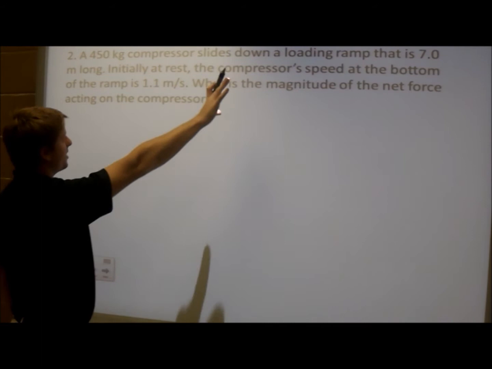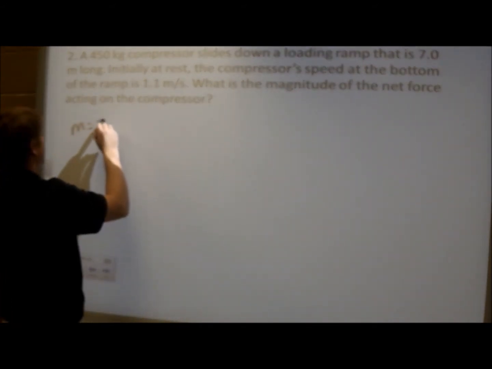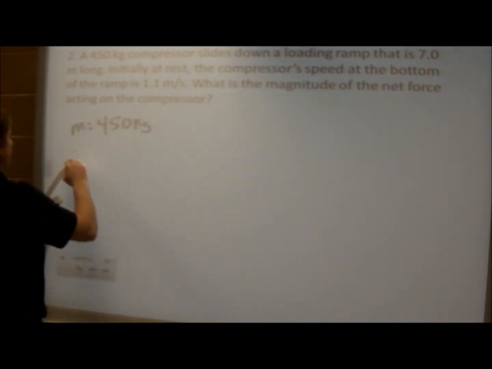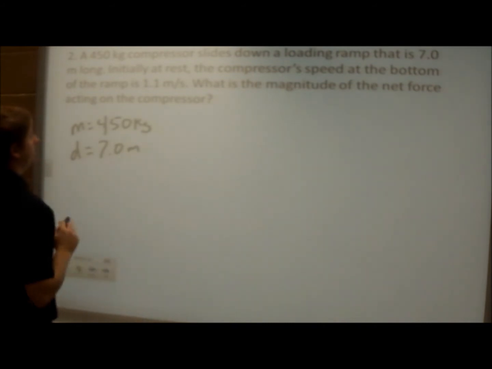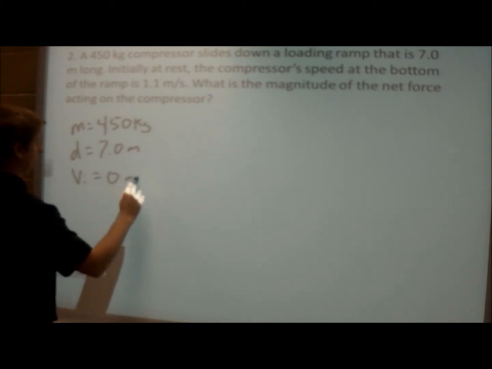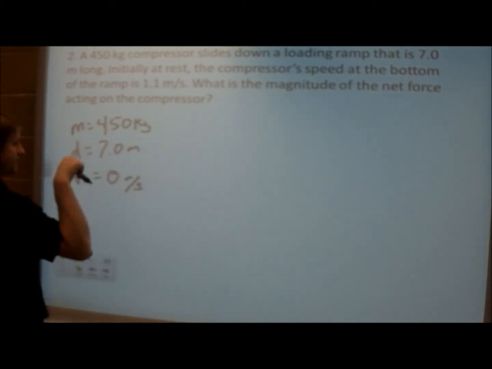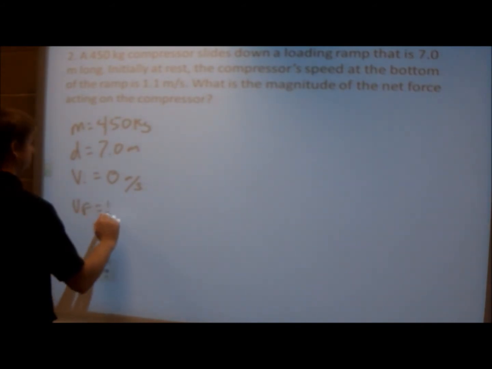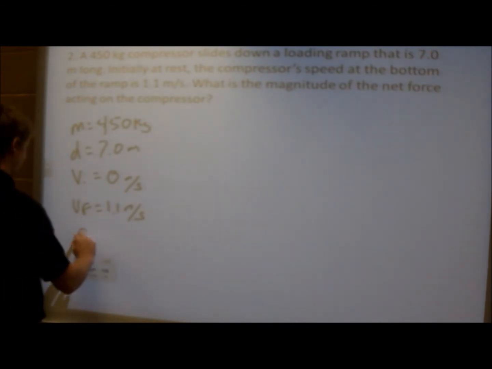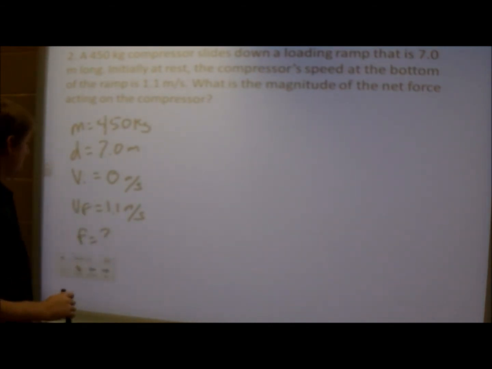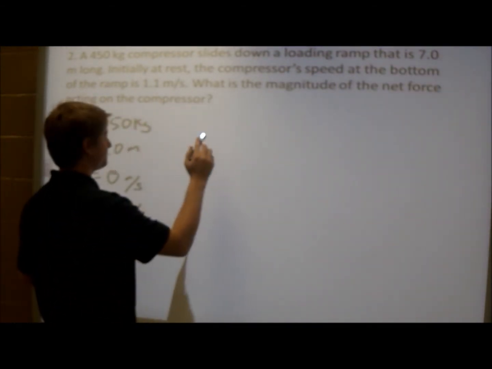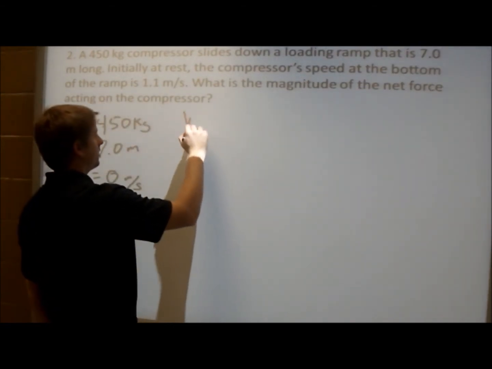So, using our information here, our mass, 450 kilograms, the ramp is 7 meters. Initially at rest, VI equals 0. VF at the bottom of the ramp is 1.1. What is the magnitude of the net force? So we're looking for force equals. First let's find our work. We'll plug it into work equals force times distance and find our force. And we have work equals